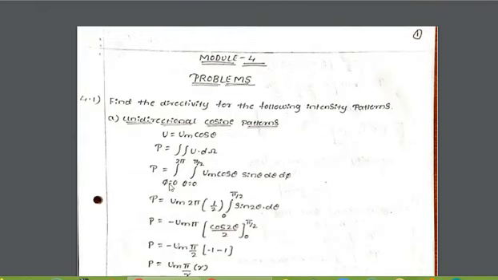Now in this case, phi is from 0 to 2 pi, right? What about theta? We have taken theta as 0 to pi by 2. Why is it pi by 2? Theta varies between 0 to pi, but as mentioned in the question itself, it is unidirectional. When we consider it unidirectional, or single direction, then theta varies between 0 to pi by 2.